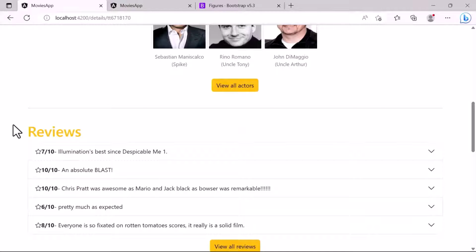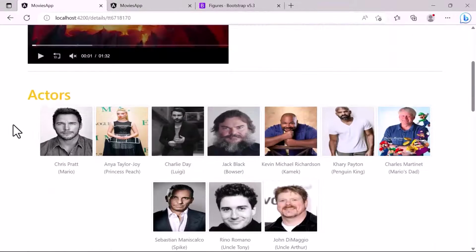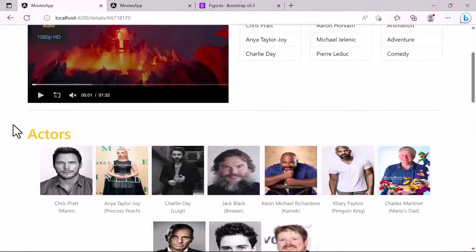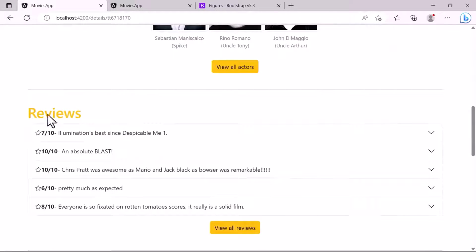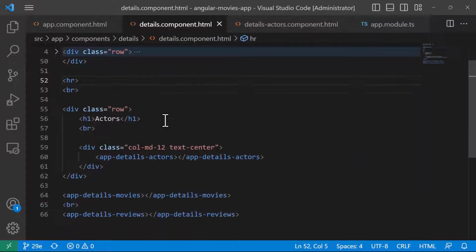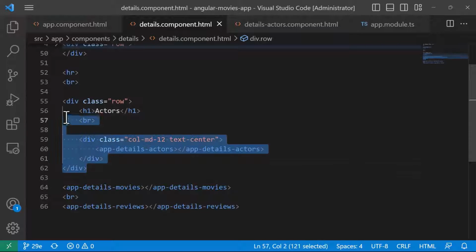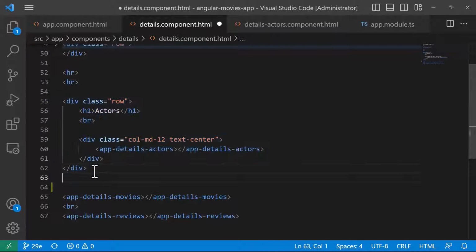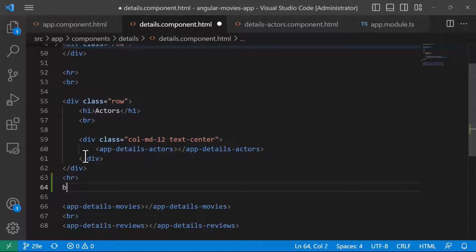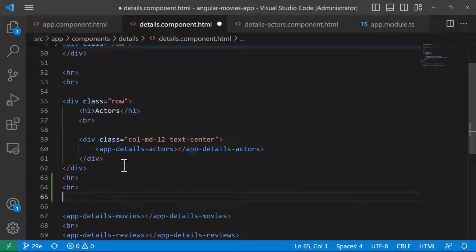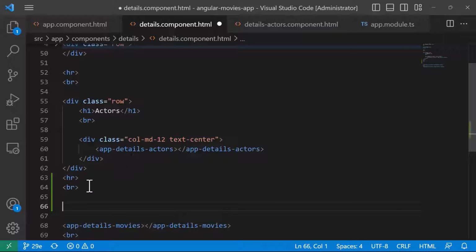On this part, we are going to design the third section of the movie details page, and that is the reviews section. For that, let us go back to our app and write some code. Now in here, similar to the actors, I'll just copy this section. I'll just add an HR tag and then a BR. So we basically have a horizontal line and then we have some space between the horizontal line and the new